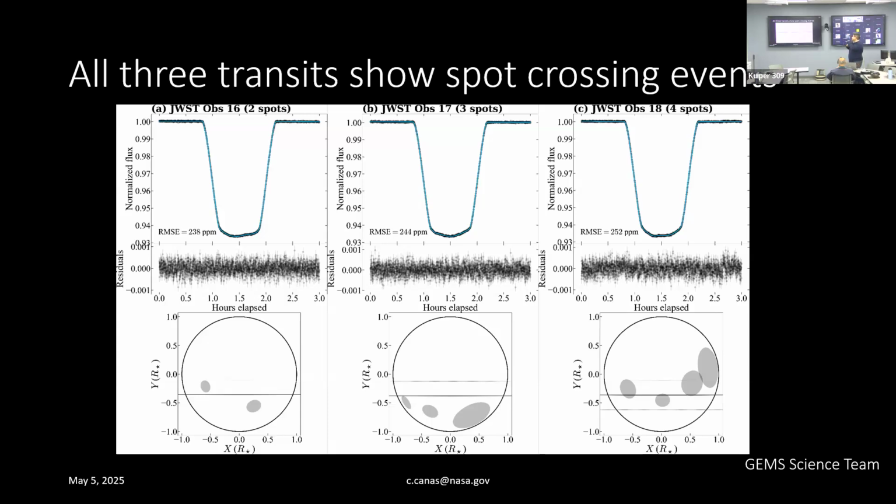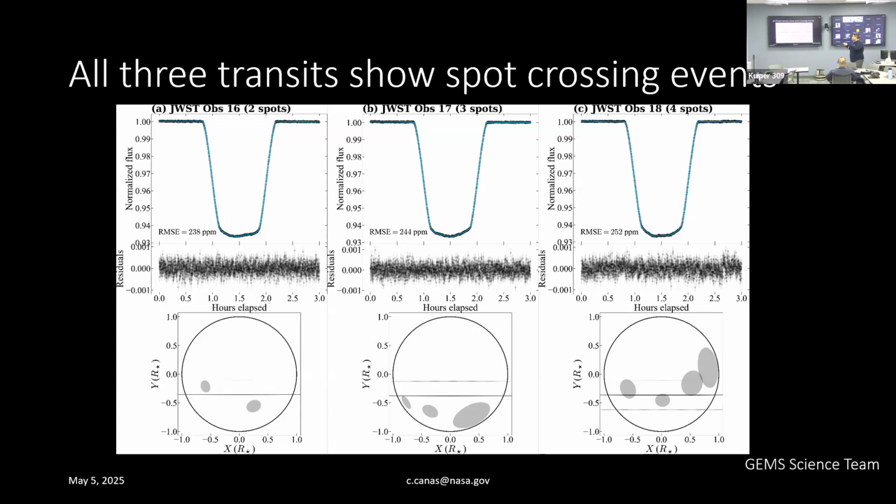We don't actually know the obliquity. We don't know the rotation period. So there's an additional degeneracy there. But needless to say, these systems, particularly this one, are fairly active. But again, with the beauty of JWST and its precision, we're actually able to measure where